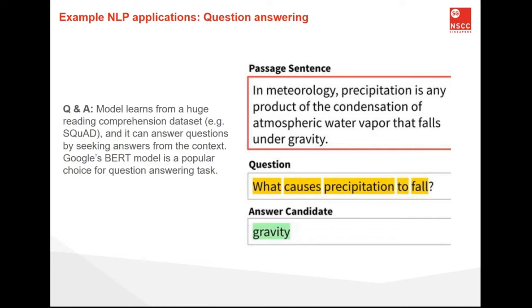This dataset is made up of questions on a collection of wiki articles, with the response to each question being a text segment or span from the relevant reading passage. The purpose of the model is to locate the text for any new question that has been addressed, as well as the context. The BERT model developed by Google is a popular choice for question answering tasks.